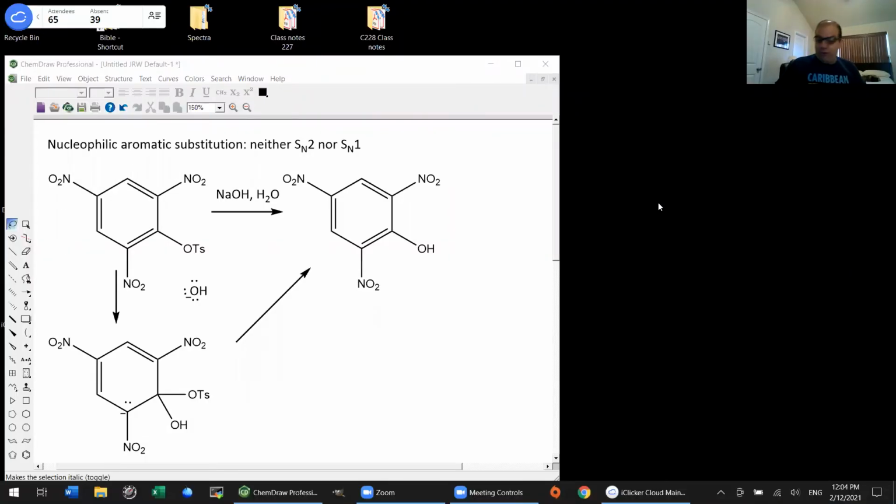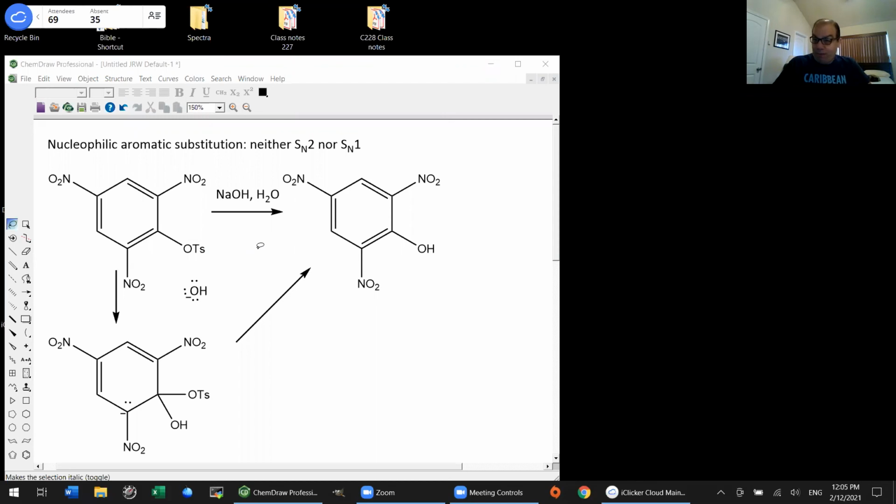So, as I said, today we're scheduled to finish up with the material in chapter 16. We've already covered nucleophilic aromatic substitution, but I thought it wouldn't do any harm to go over it again. So I just wanted to do one other example. Basically, you want to look for a nucleophilic aromatic substitution type scheme when you've got an aromatic compound with a